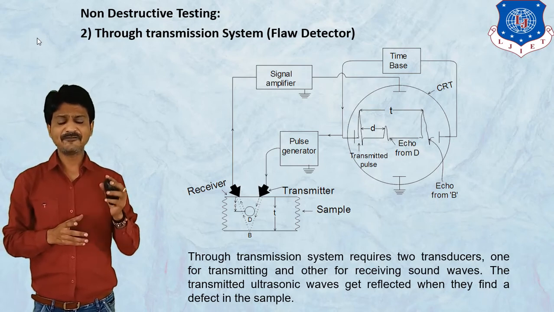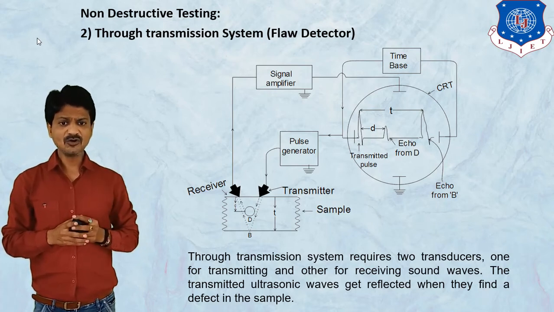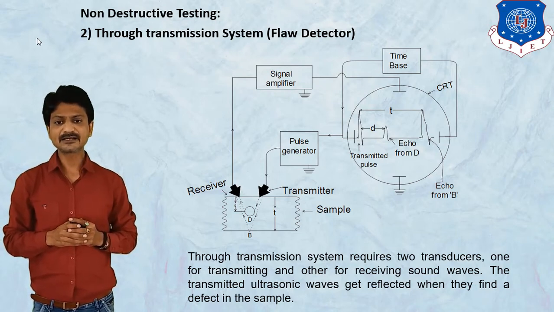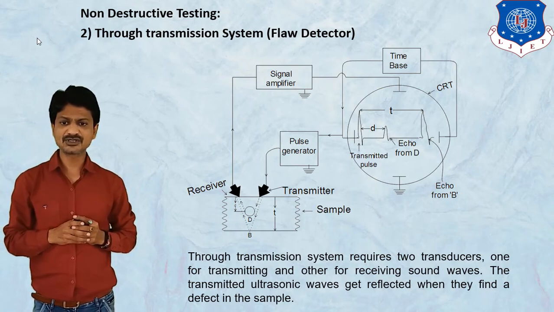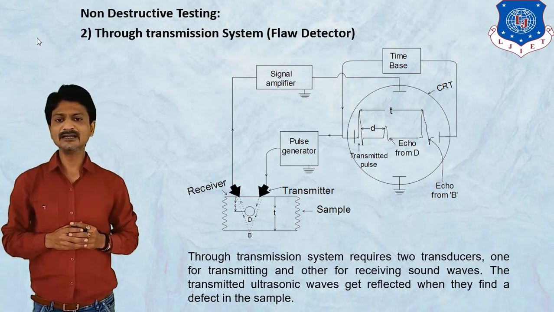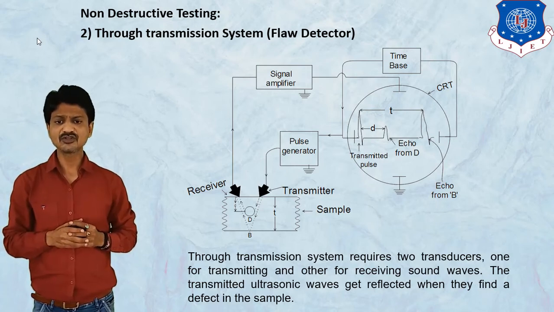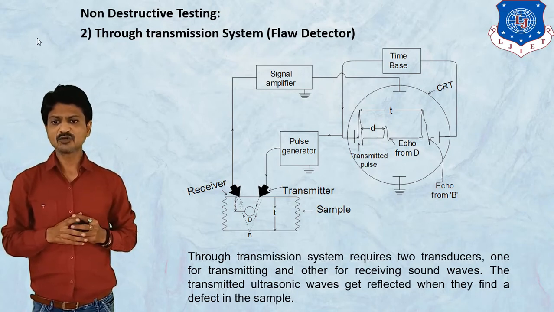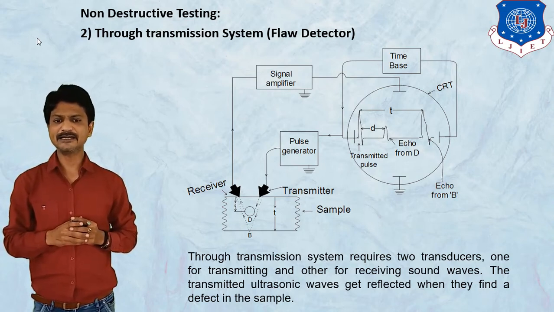Here you can see in the figure that the reflected wave is received by the receiver and applied to the CRO using a signal amplifier which amplifies that signal. The reflected pulse is received by the receiving transducer in the form of a sound wave, converted into an electrical signal and fed to the CRO screen via the amplifier. Then the time taken to come back is noted. By using this method, the exact size of the defect can be determined.